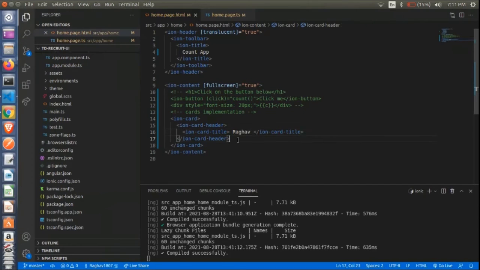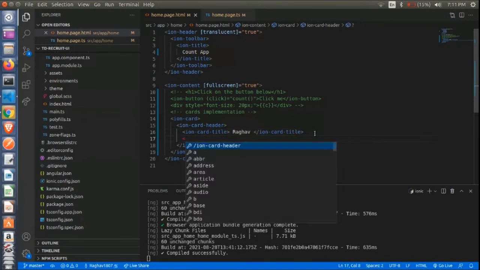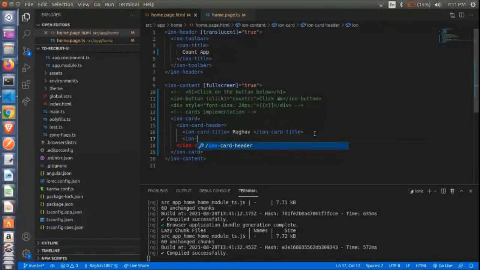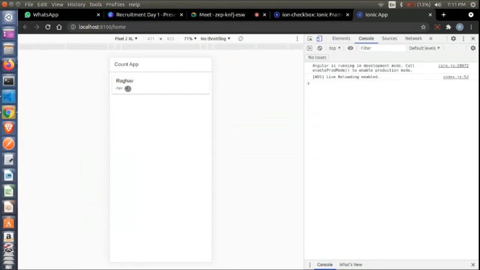Now next, we can give a subtitle to our title as well by the tag ion-card-subtitle. Here I am specifying my age as 21. Here you can see that a subtitle has appeared with my age as 21.